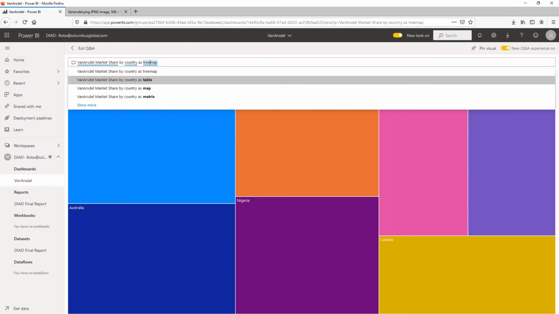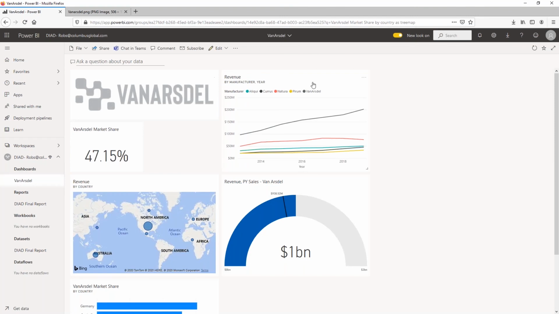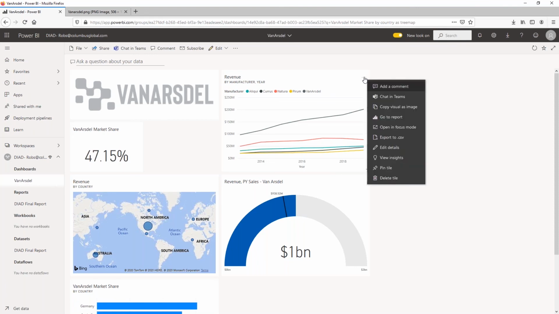And that's the power of the natural language queries, is that we can then just ask questions of our data, and then we can add it to our dashboard. We can do what we need to do with it. It can help us get better insights. So if we go back to our dashboard, there's another way to get into insights, and we look at our line chart on the insights, and we click on the ellipsis at the top. We can click on View Insights,